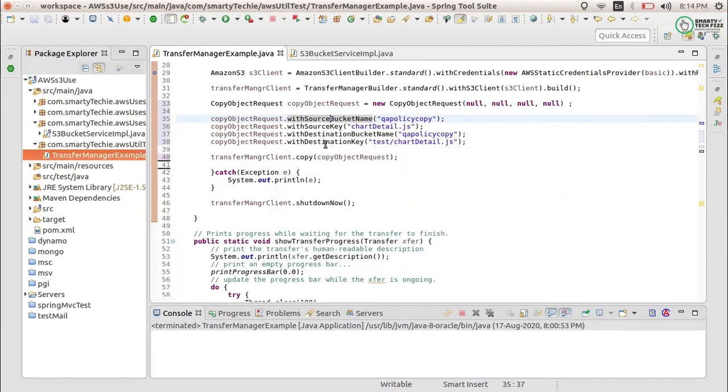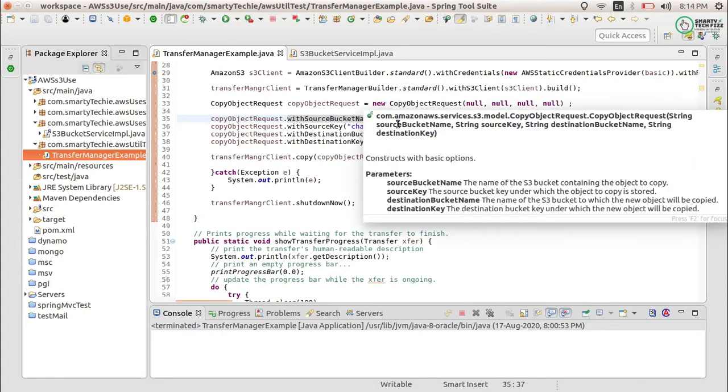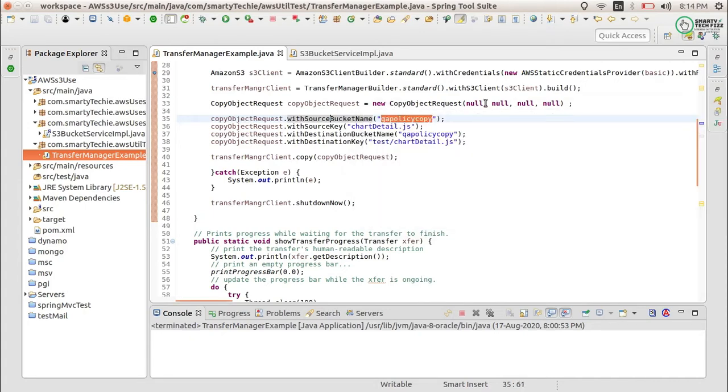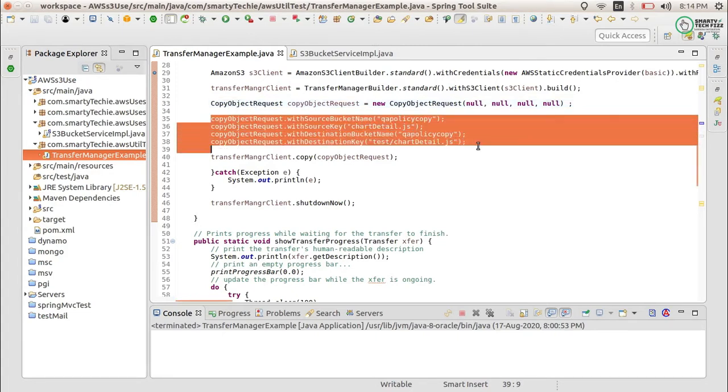So there are 2 ways of creating a copy object request: using new and providing these values directly, or providing the values like this. These are the 2 ways for copying using the copy object request.